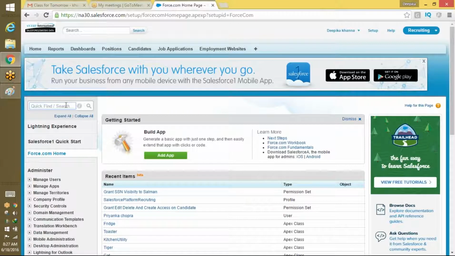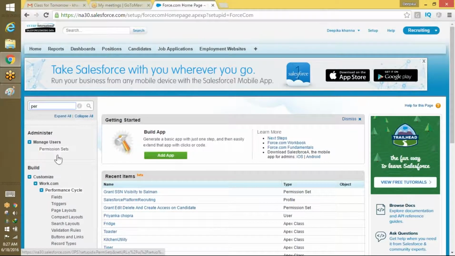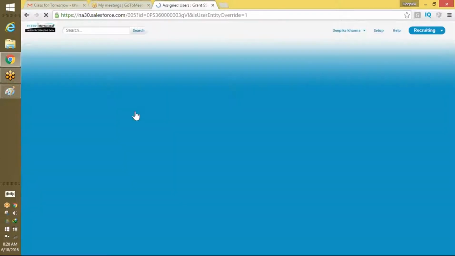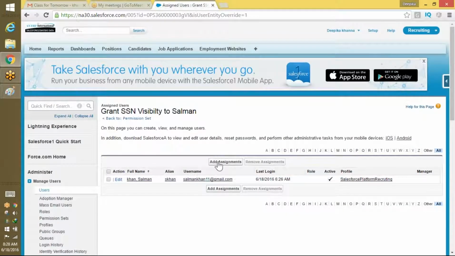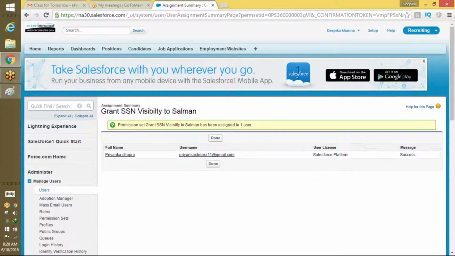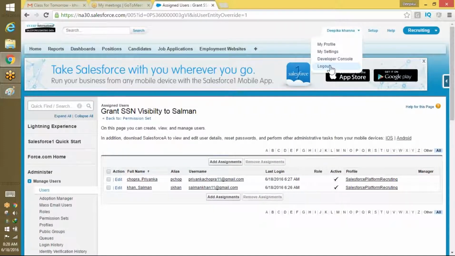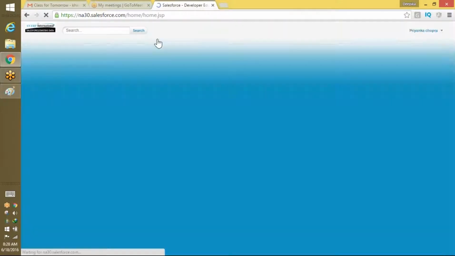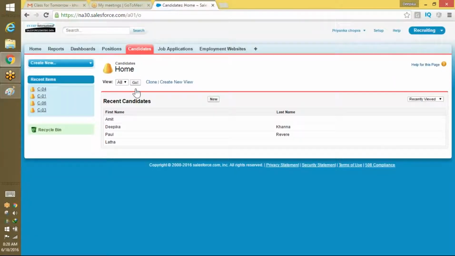here I'm going to go back and go to the permission set section. Okay, and this SSN visibility I want to give it to, manage the assignment. Right now it is on add the assignments. Okay, and I'm going to give it to Priyanka. So I'm going to give this particular permission set to Priyanka as well. So now if I log out and log in back again as Priyanka, and if I go to the candidates and click on one of these candidates,